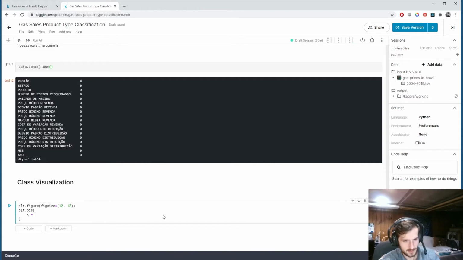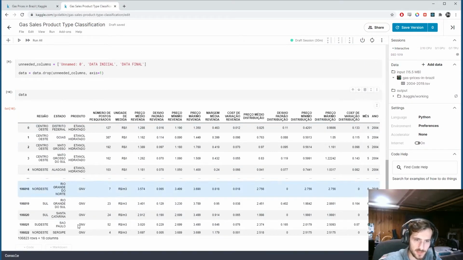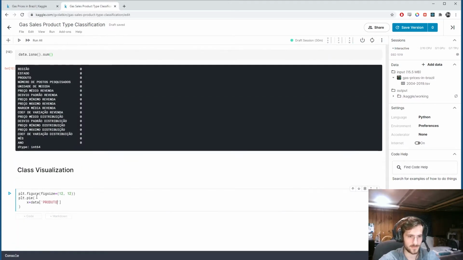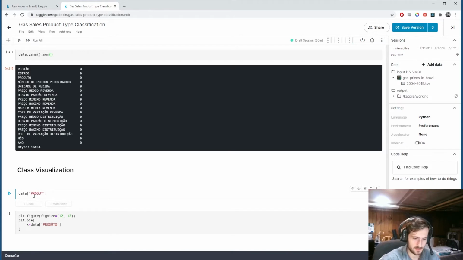And for our data, our x is going to be data subprodotto, which is the product column. This is what we're trying to predict, right? So I want to know what's the distribution, like the skew of the classes. How evenly distributed are the examples into each class? So we're going to use the value counts method of this product column. And if you want to know what that looks like, so get the data subprodotto dot value counts,